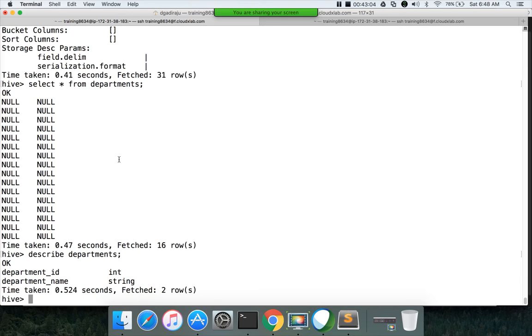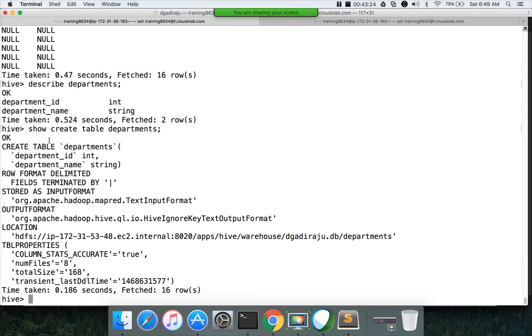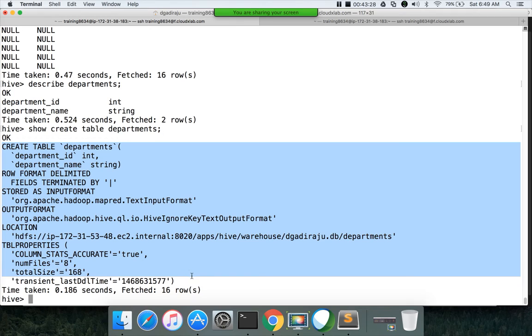I will create another table, create table departments. So yeah, there is another trick which I want to explain. You can say show create table departments. If you run this command show create table departments, it will actually give the syntax which it internally uses to create the table.